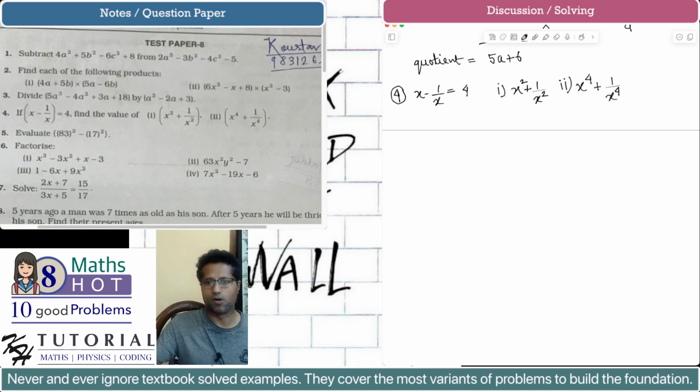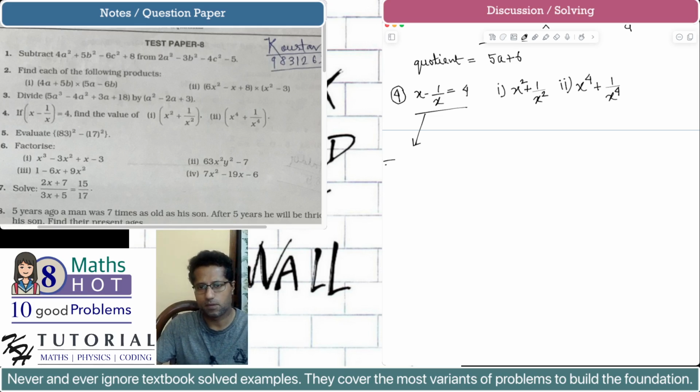Now in this kind of problem, when you are given this kind of equation, you are having some x minus 1 by x, that is some difference or sum of two terms where the terms are reciprocal of each other. As you can see, x and 1 by x are reciprocal of each other, and if the sum or difference value is given, you always first try to square that and see what you get. So from here